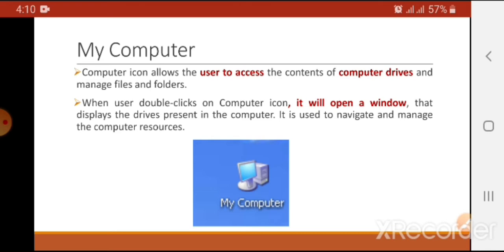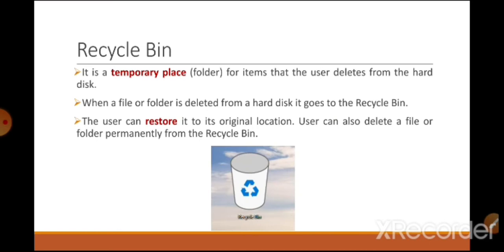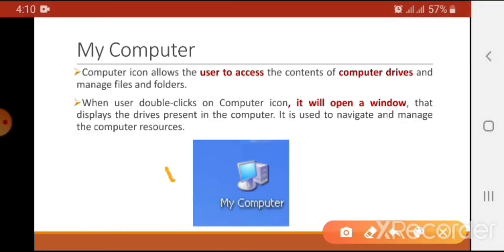So, when I click on the icon My Computer, it will open a window, and that window will show these drives present in the computer. After opening My Computer, I can go into the drive wherever I want to go, like C drive, D drive, and E drive. The purpose of My Computer is to navigate and manage the computer resources.